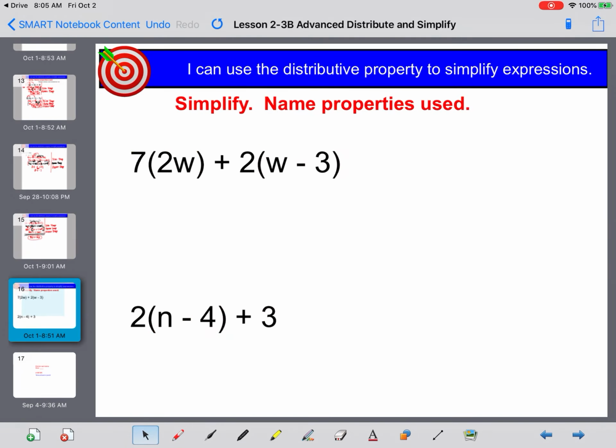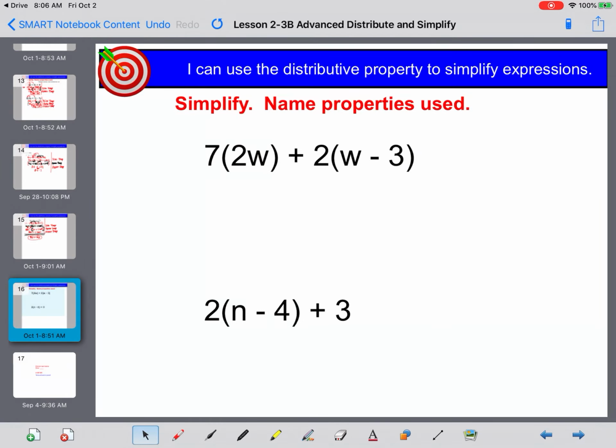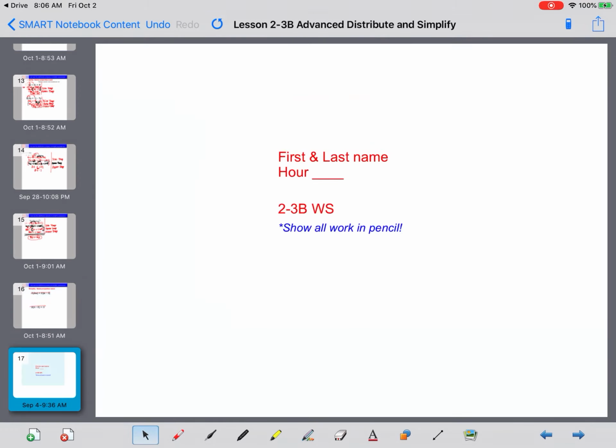Okay. I think we've got the hang of this now. You can cross out these two because I feel like we've done enough practice. If you need to, you can do those as extra practice. Your assignment is your 2-3B worksheet. Give that a try, see how you can do. If you need some help, make sure you check back with me on a Google